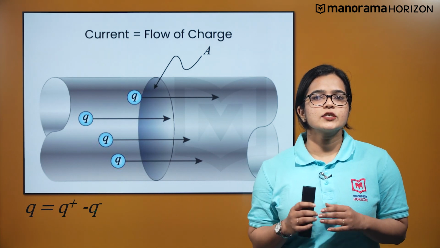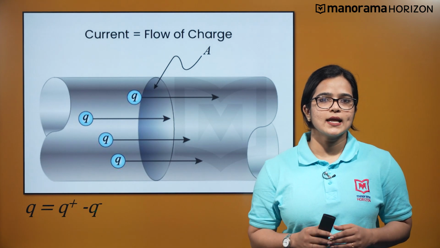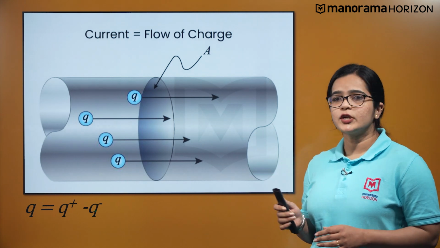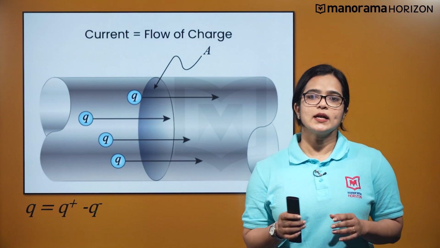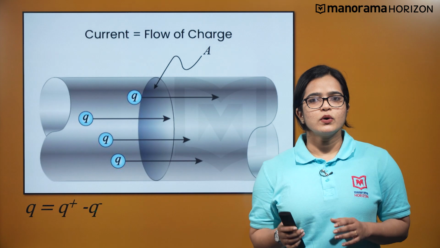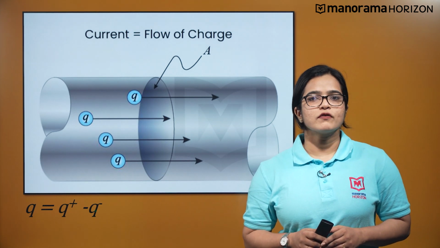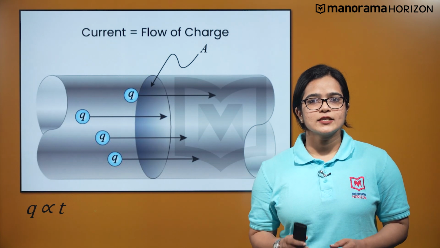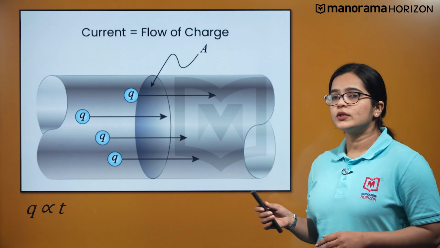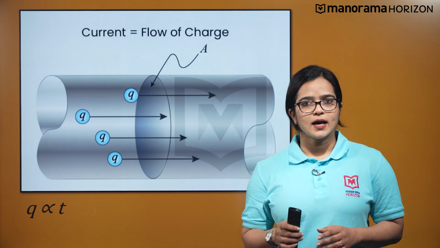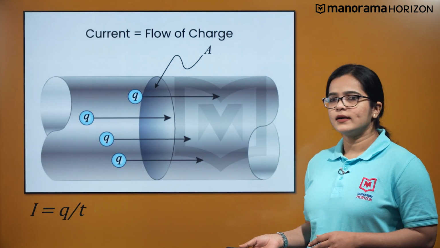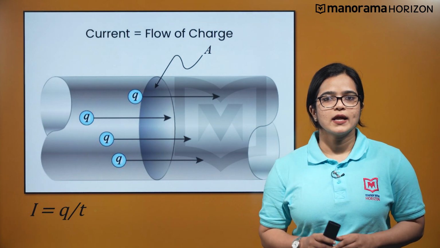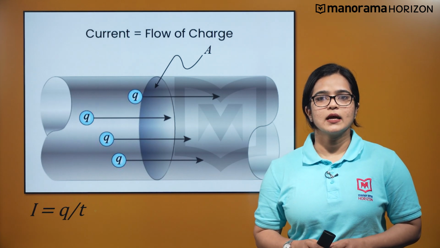The net amount of charge Q flowing across the area in the forward direction is the difference between Q plus and Q minus in the given time interval t. If the value of Q is negative, then the flow of charge is in reverse. In case of steady current, the net charge Q is proportional to the time interval t. Here, I is the steady current across the area in the forward direction, and it is the ratio of net charge to the given time interval t.